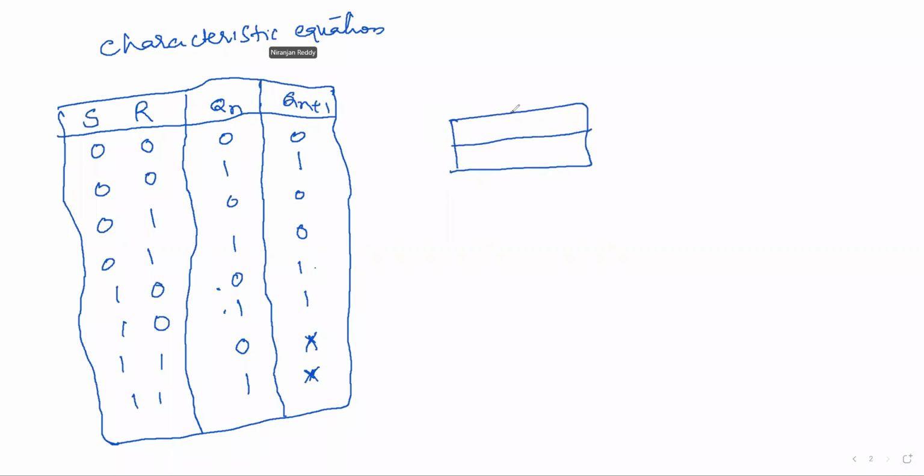See the importance of K-map, already told so many times. It is a must. Without this we cannot go further. This is S I am calling, this is R and this is Qn. So those are my inputs, right? So 0, 0, 0, 1. What is this? 1, 1, 1, 0. You should not forget, this is a Gray code that we are using.